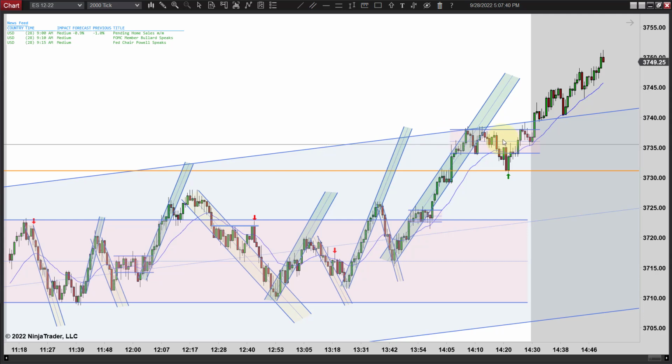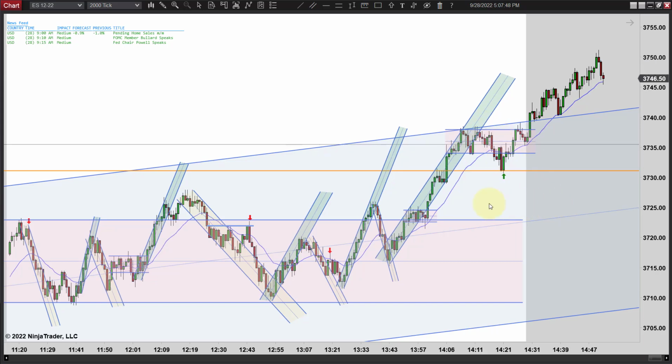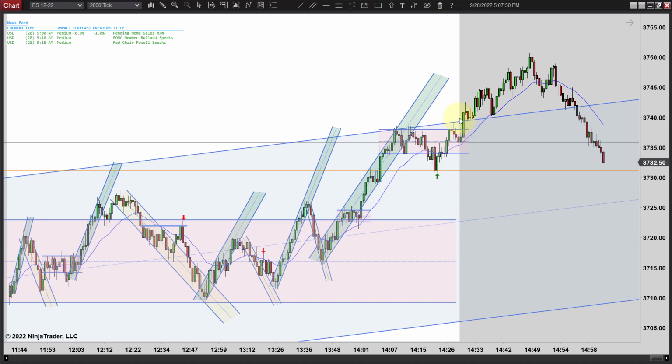And then we're chopping sideways again until you get a failed breakout. And so I like trading that one. You could also argue that's a second entry long. We're not looking for second entries there. It's late in the day. I marked it green, but